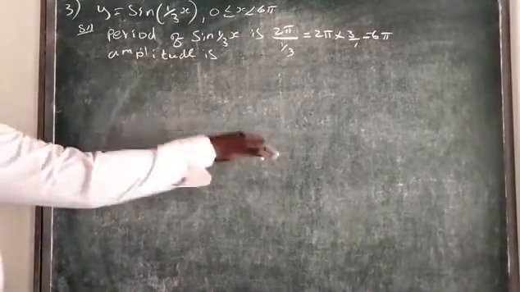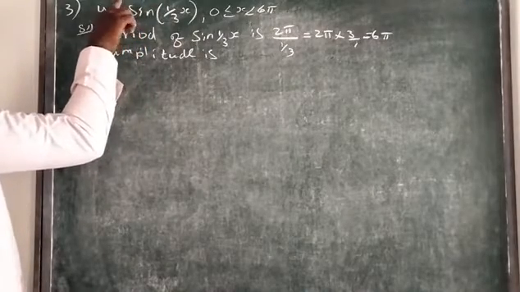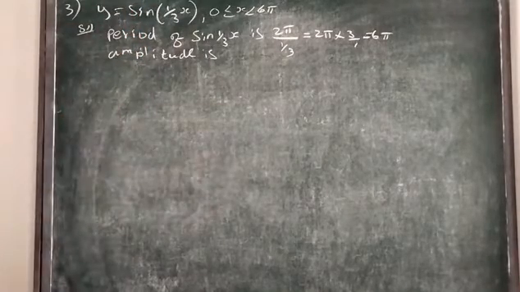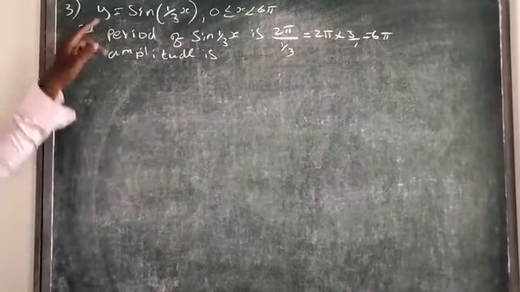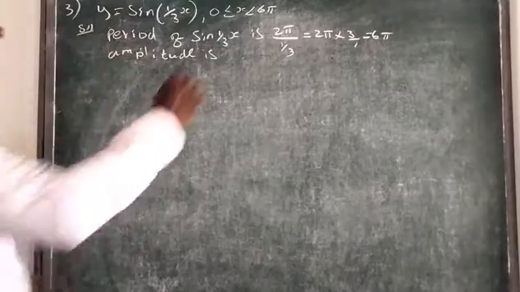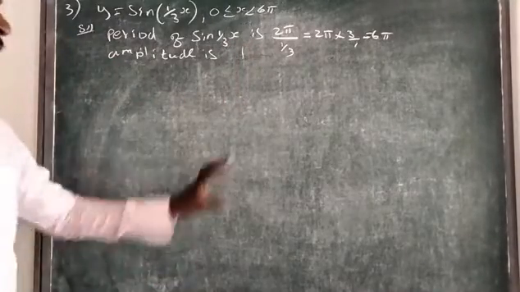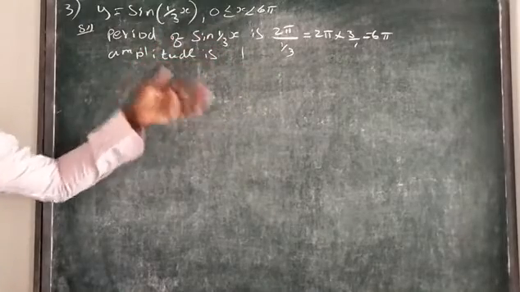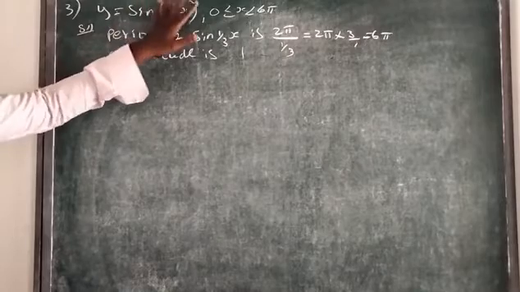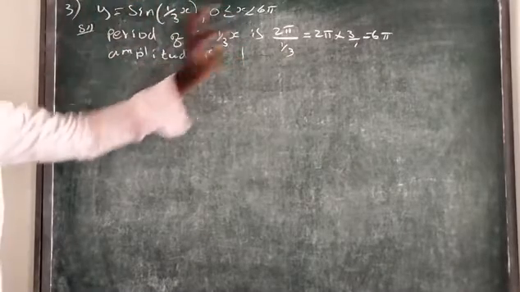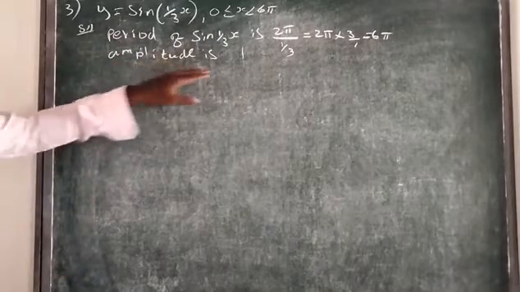Then what is the amplitude, the maximum height? What is the coefficient of sin x here? Here 1 is there. Suppose I gave minus sin x, don't worry about the negative, take just the numerical value alone. Here the coefficient is 1, so the maximum height is 1. You can find this value from the diagram after substituting, but before that, understand that if I give 3 sin(1/3 x), the 3 is the amplitude and the maximum height will be 3. So the amplitude is 1.